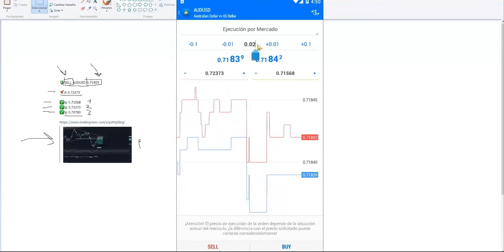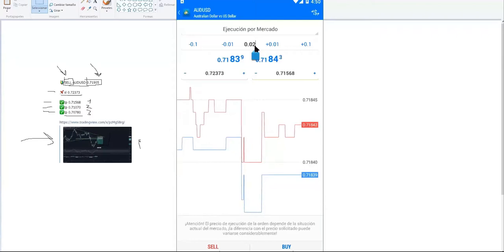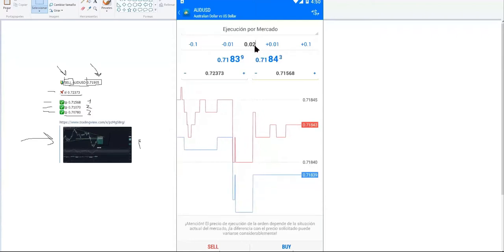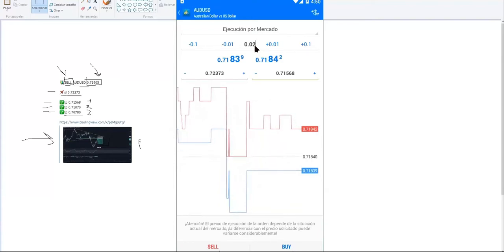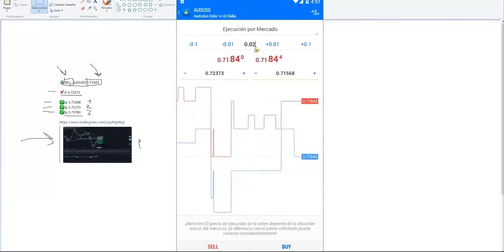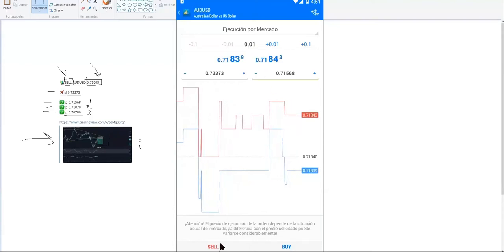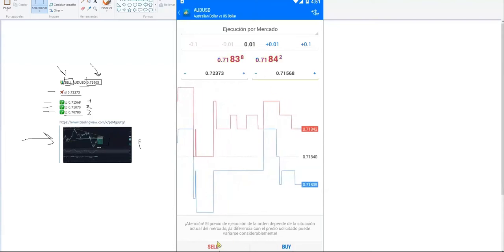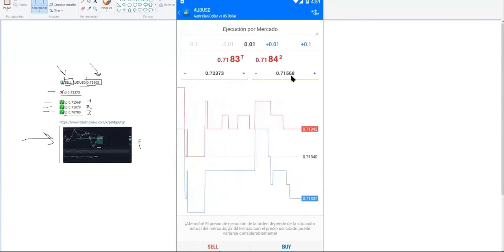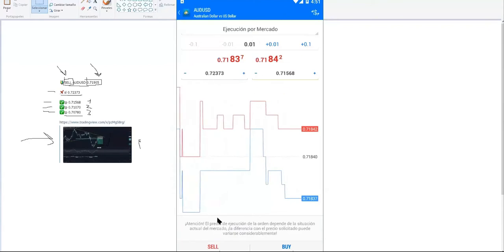We're also going to change the lot size here because we think the risk is too high, since we're going to open 3 positions that will take us to 0.03. So let's say we want to open this position. We're going to open 0.01 for this one, and we're going to click on sell because we don't want to buy, we want to sell. So in that scenario, we only have to put these things, clearly see if everything is right,